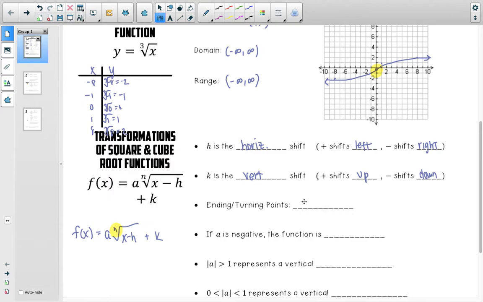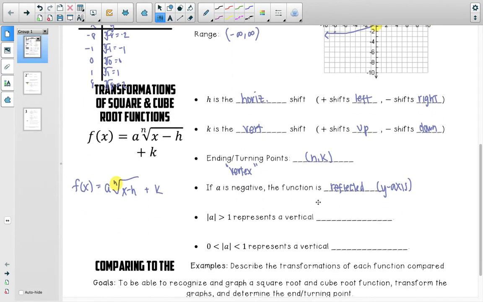The ending or turning point is basically kind of like the vertex. It's kind of what you can think of it as. Okay? And that's just going to be the point (h, k). Okay, if a is negative, the graph is going to be reflected, so it's going to be reflected over the x-axis particularly. Okay,